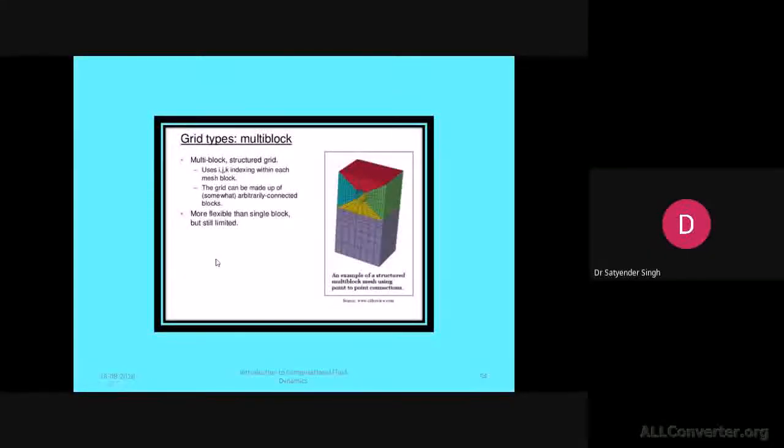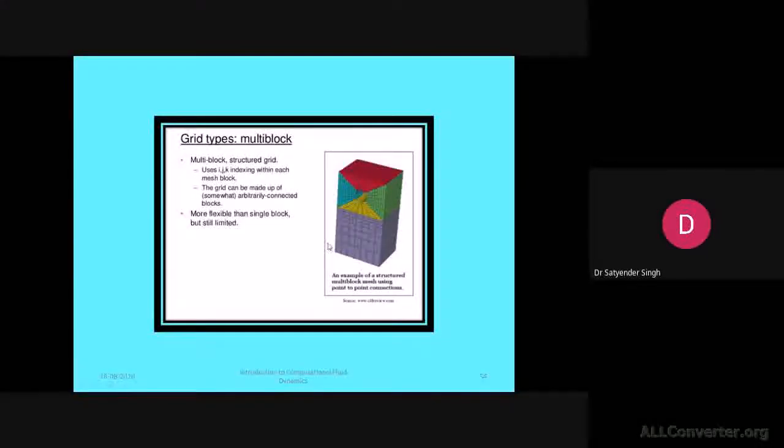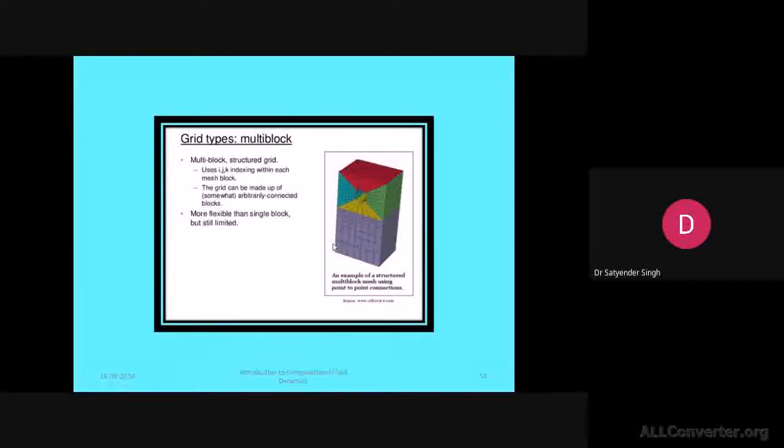Then we have multi-block. In multi-block, what we do is divide the domain by splitting the faces and adding extra edges to create the grids. This is particularly required where we have symmetric surfaces, where we can perfectly create a structured grid. And if another coordinate system is involved, meaning we have complexity somewhere, then we can split that from the symmetric faces and provide the mesh according to the shape.